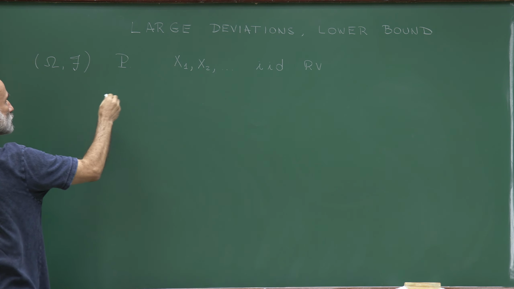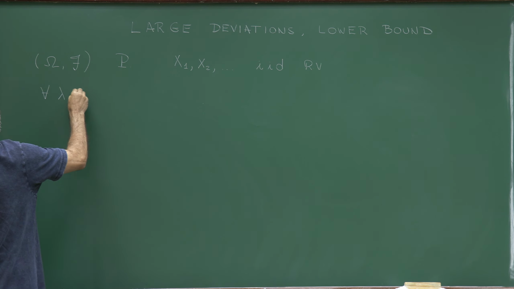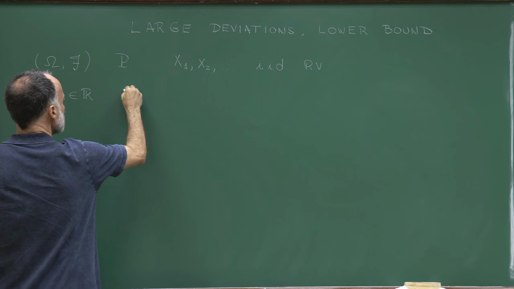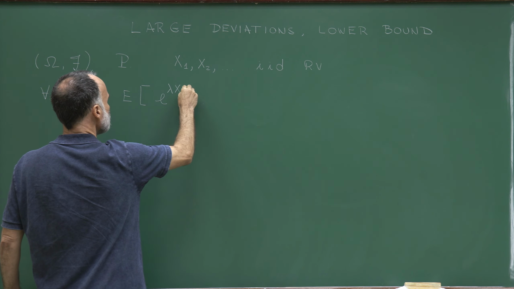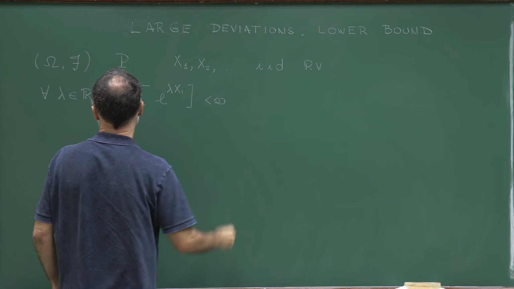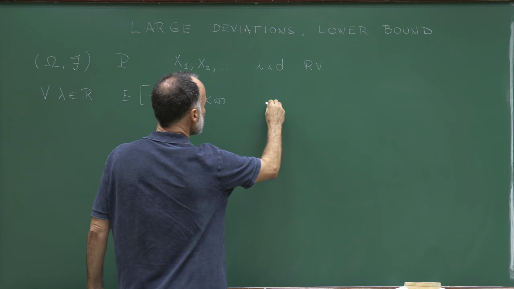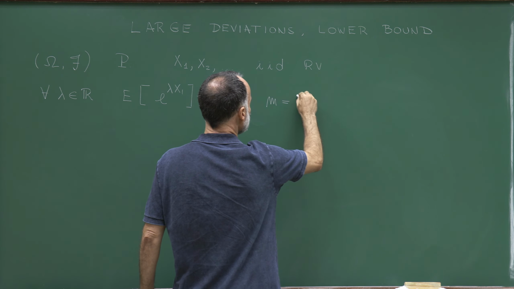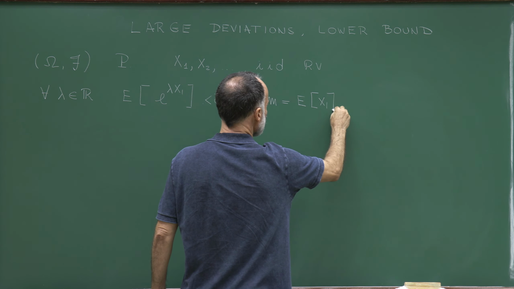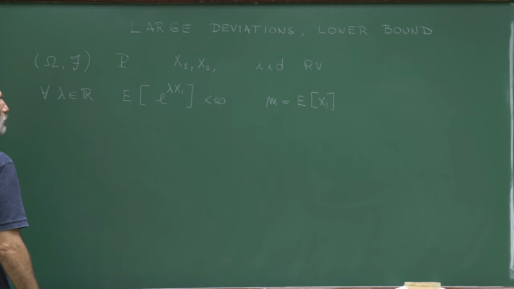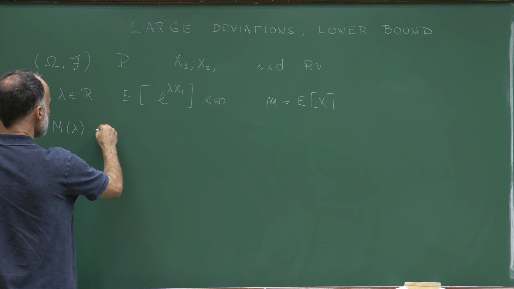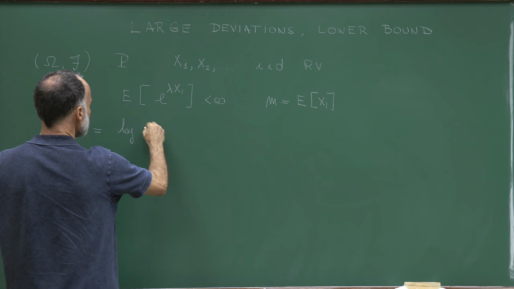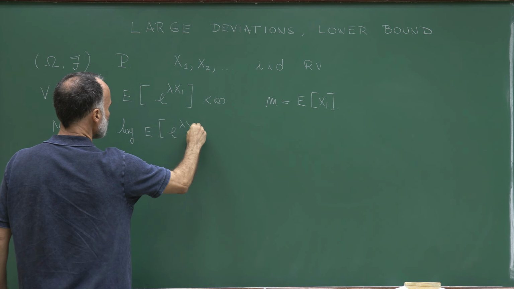So I will assume that for all lambda in R, the exponential moment associated to lambda, so the expectation of exponential lambda x1, is finite for all lambda. And I will be calling m the expectation of the random variable x1. So we introduced a function, which we proved to be convex, M of lambda, which is the log